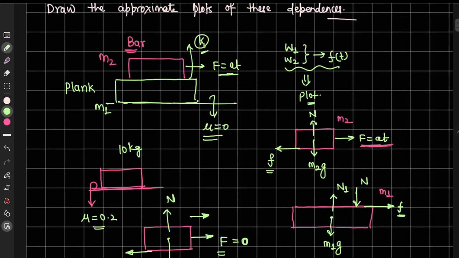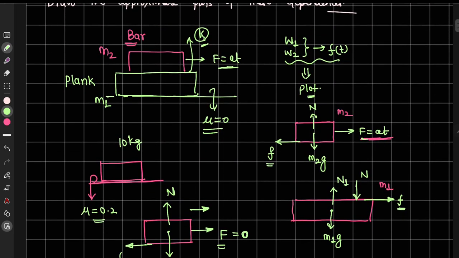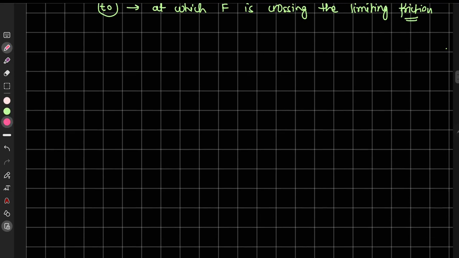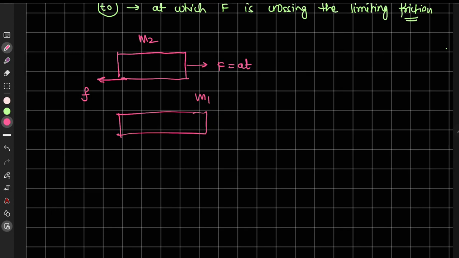Okay, before that, this particular force will be equal to this one. So if we see here, let us say this is force F, that is equal to AT, and we will have the friction force here, and this is mass m2. If we draw mass m1, then we will have the friction force here. Now if this is in the static condition,